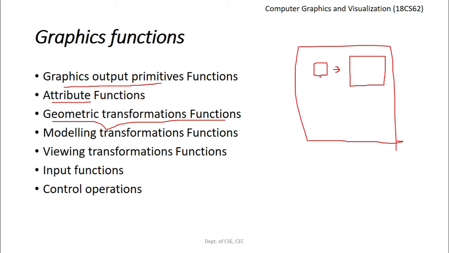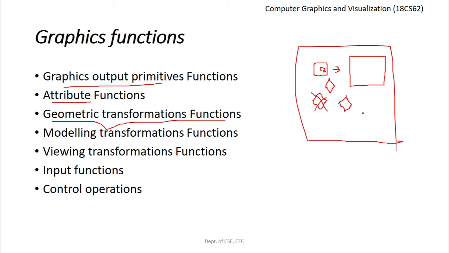We can also change the orientation. What do you mean by orientation? We can rotate this rectangle to form something like this. We can draw it to form a kind of rhombus. I hope you are getting it. So we can rotate it in this particular direction, and that will yield something like a rhombus. Changing the orientation is also possible using the geometric transformation function.